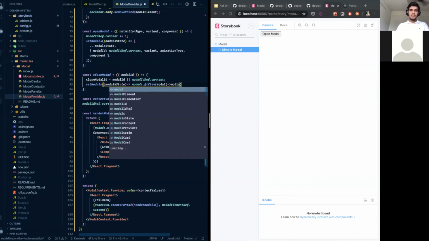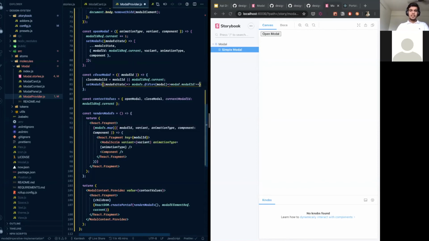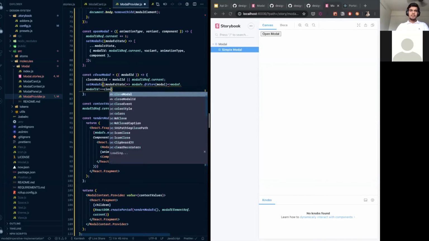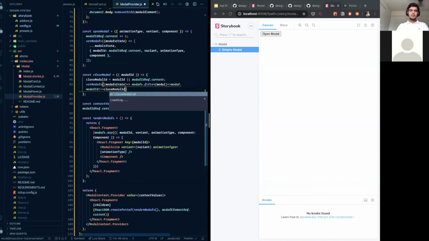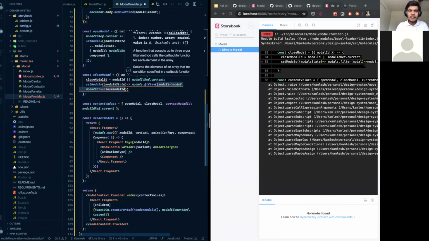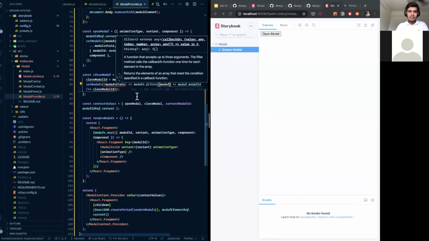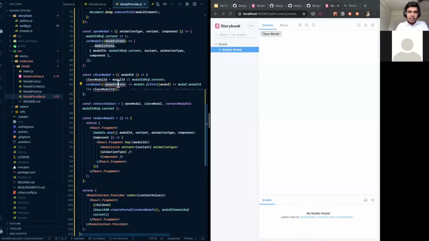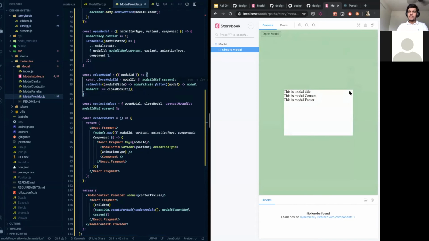I'll say modal dot modal ID is not equals to close modal ID. Yeah, too many things. I'll say modal state dot filter is not equals to const this. Yeah, I'll say this.